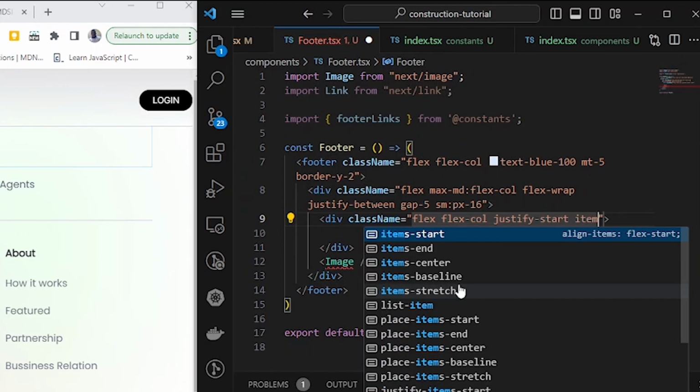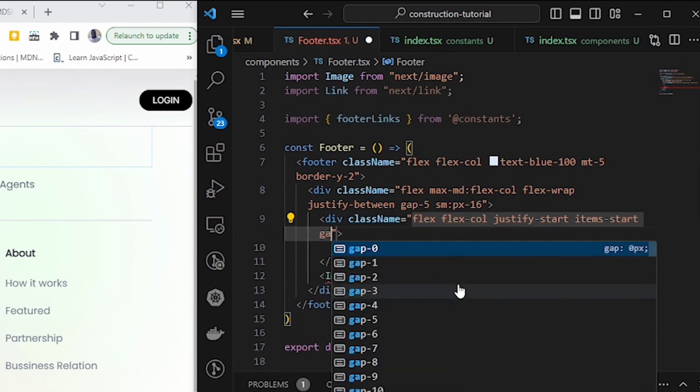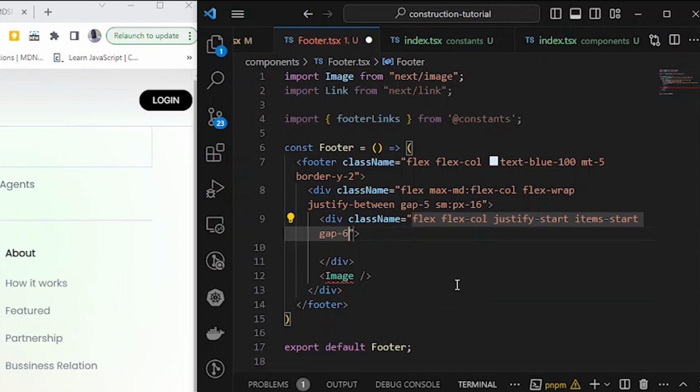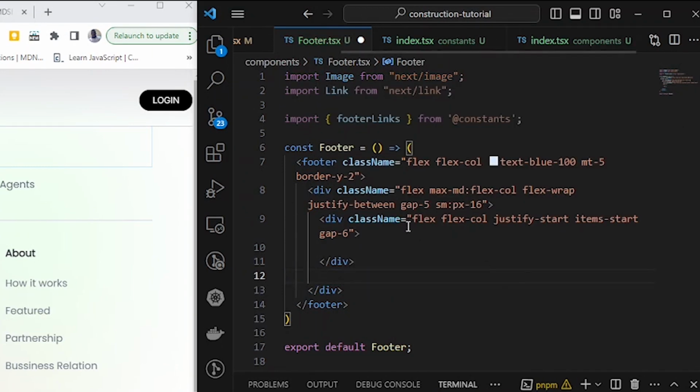And let's give it a gap of 6. We want the logo to be a little bit away from the other item. So let me bring my image into this place. All right,